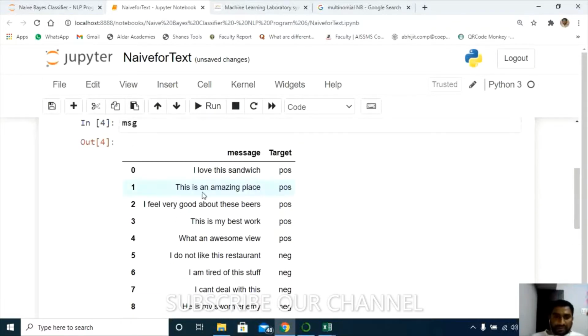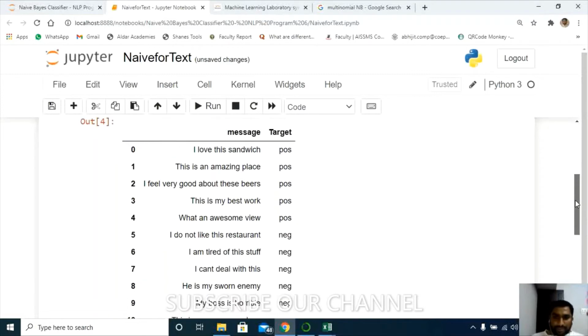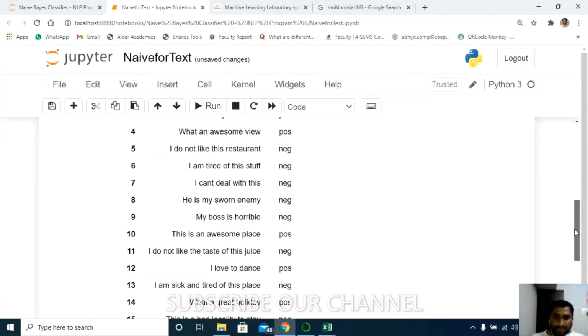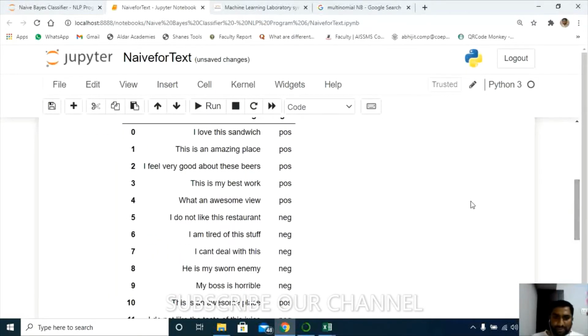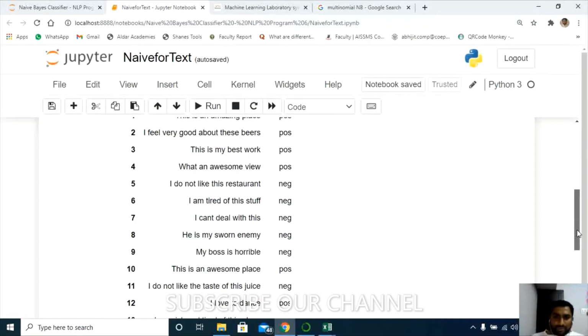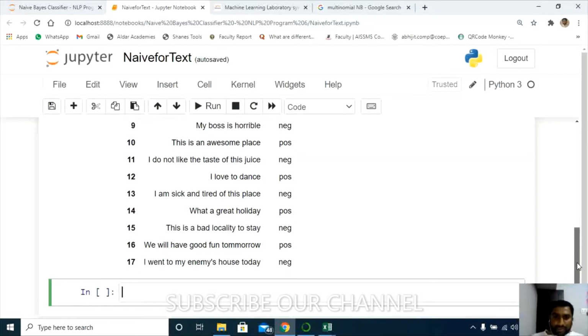Some pre-processing is required for this data. First, let's focus on the target function. It is in categorical form. Have a look: there are two groups here, one called positive and another called negative. So I'll use the label encoding technique to replace the negative value with 0 and the positive value with 1.